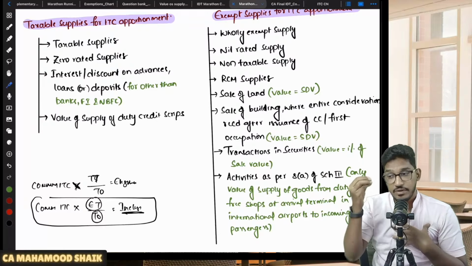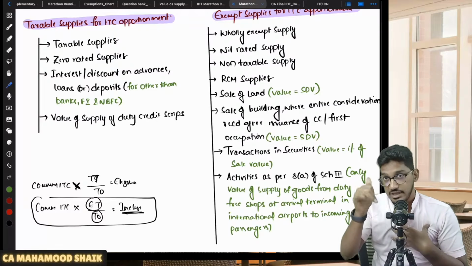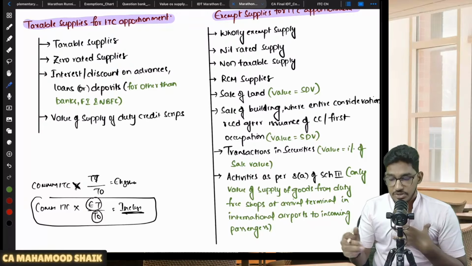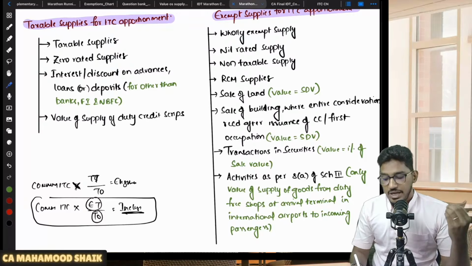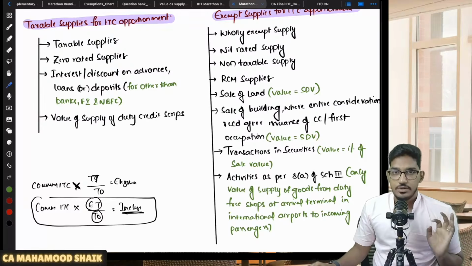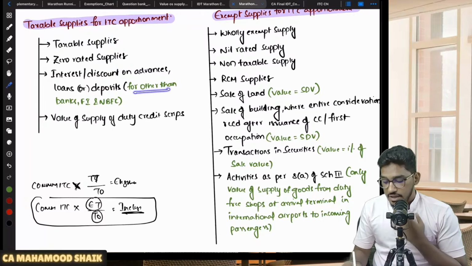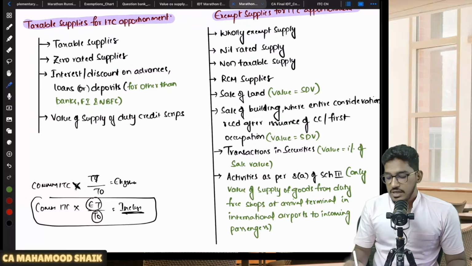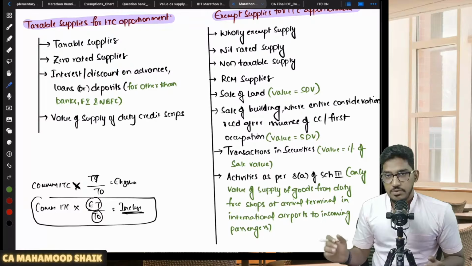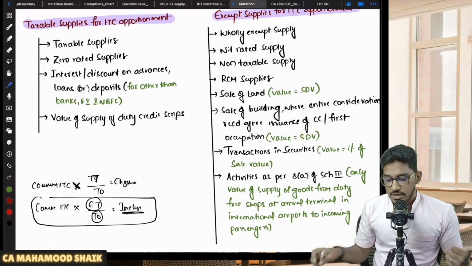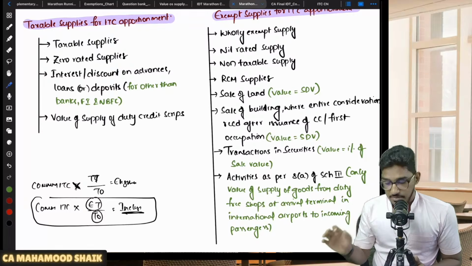That means that portion of ITC which is allocated to this also you can avail. That is an advantage. So practically speaking, it is an exempt supply. But for the purpose of calculation of apportionment, they are asking you to include that interest or discount on advances, loans or deposits into taxable supply only. However, you should not consider this for banks, financial institutions and NBFCs. For banks, financial institutions and NBFCs, this interest or discount on advances, loans or deposits will remain under exempt supply only. So only for those other than banks, financial institutions and NBFCs, interest or discounts on advances, loans or deposits will remain under taxable turnover.